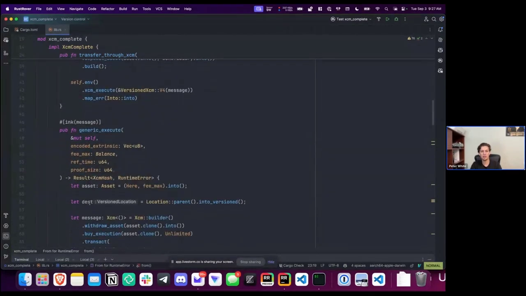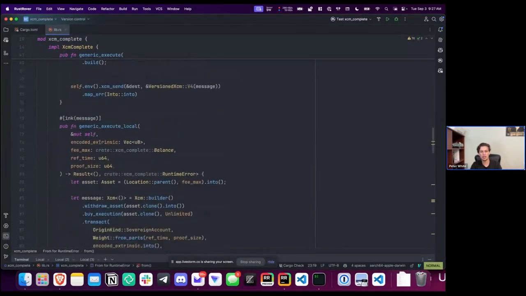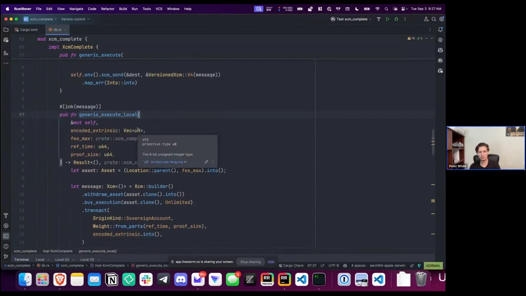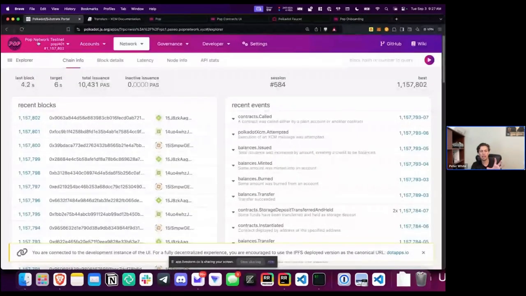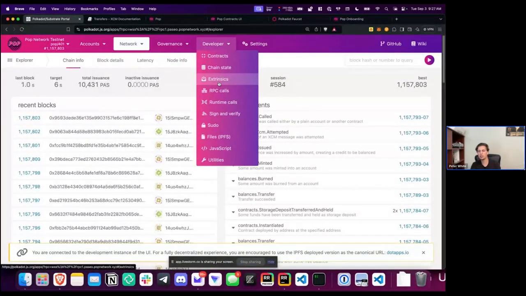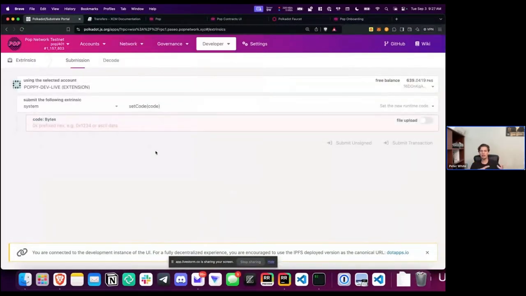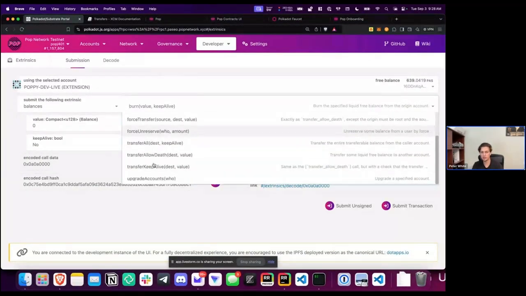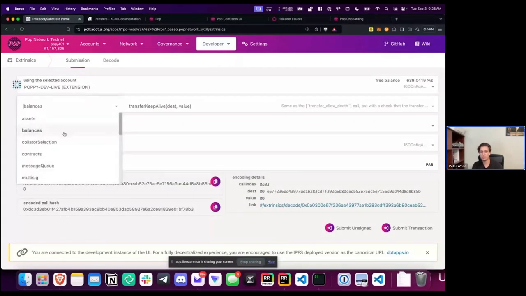But we have some other XCM messages here that we can play around with. So let's do generic execute local. This one, we're going to actually execute and use the parachain runtime locally. So we're going to pass in this encoded extrinsic, which I'll show you what that is. So in Pop Network, if you go to the extrinsics, this is basically your parachain runtime. You've got these different paths, different modules that you can use. For example, there's the balances one where you can transfer balances, but that was a little boring. So maybe let's do